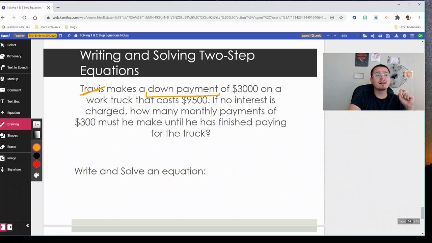If you don't know what a down payment is, Google it real quick. You probably ain't familiar with layaways. You might not have ever done a down payment, but it's putting money down. It's what you got to pay up front. So we got to pay 3 racks